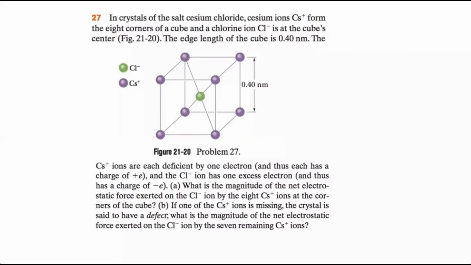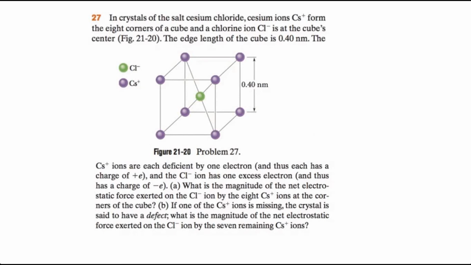Okay, the first question. In the crystal structure, the material is made of different atoms or ions together. In this case, it's an ion-type material, the salt cesium chloride, and we have two kinds of ions. The positive one is cesium ions, with one